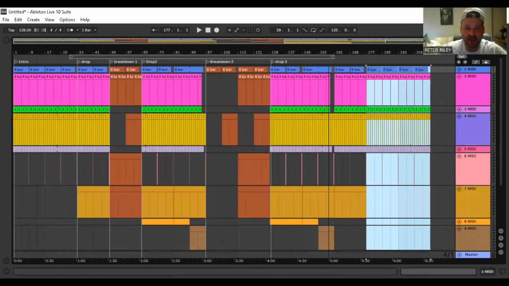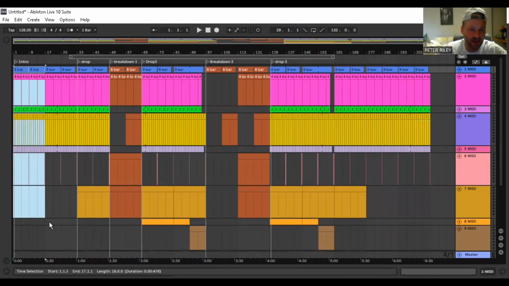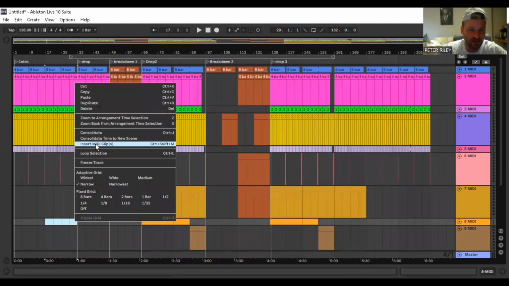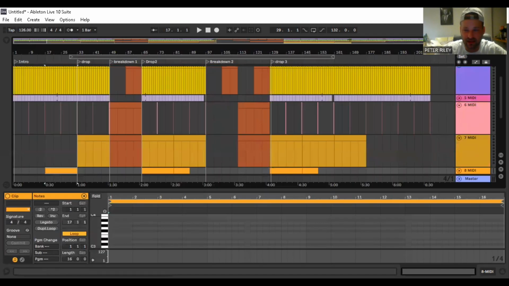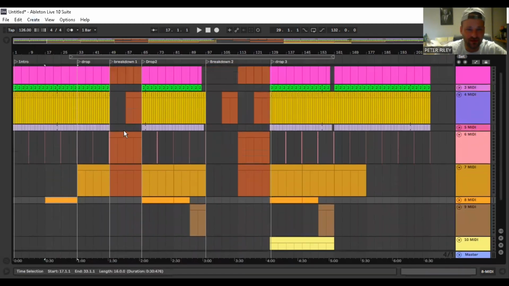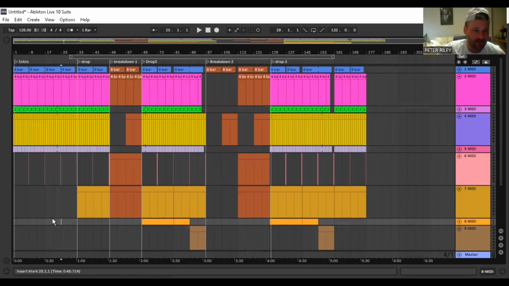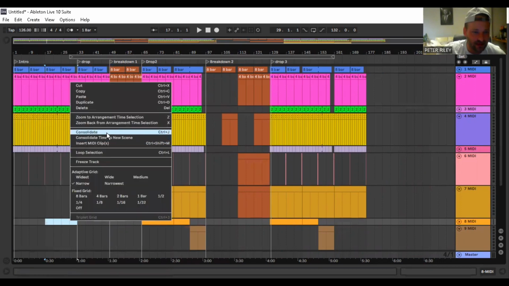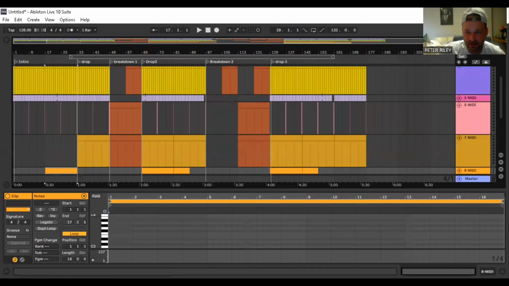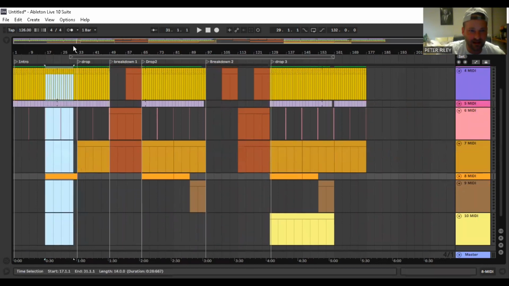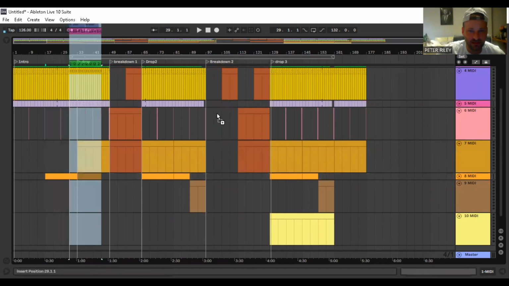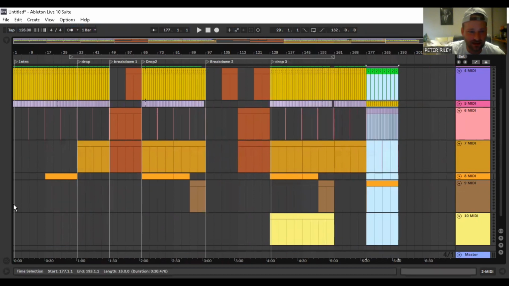Now you may want to reverse your intro, because if you start with the lowest amount here and you're building up, what you don't want to do is duplicate all that first intro section and include this bit on the end, because you're building out, you're not building up. So you just basically reverse it. If I go back again, insert MIDI, you could, in effect, take the last section of the intro, stick that there, and then take the first section of the intro